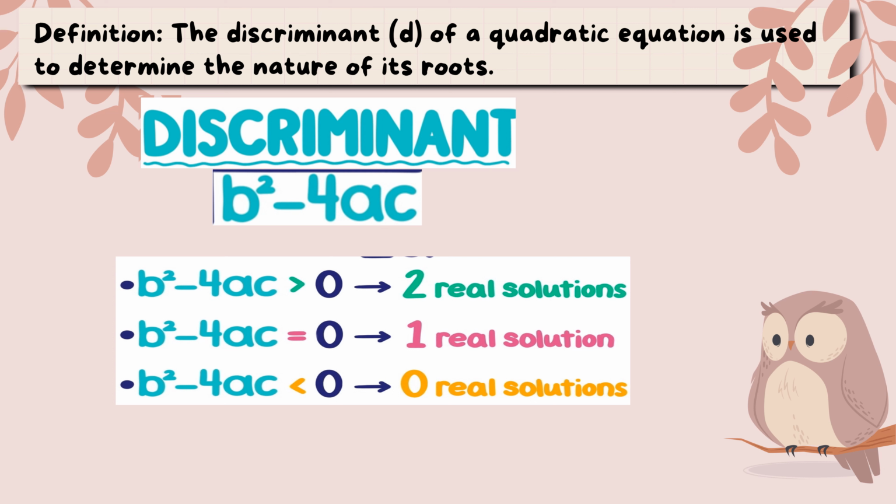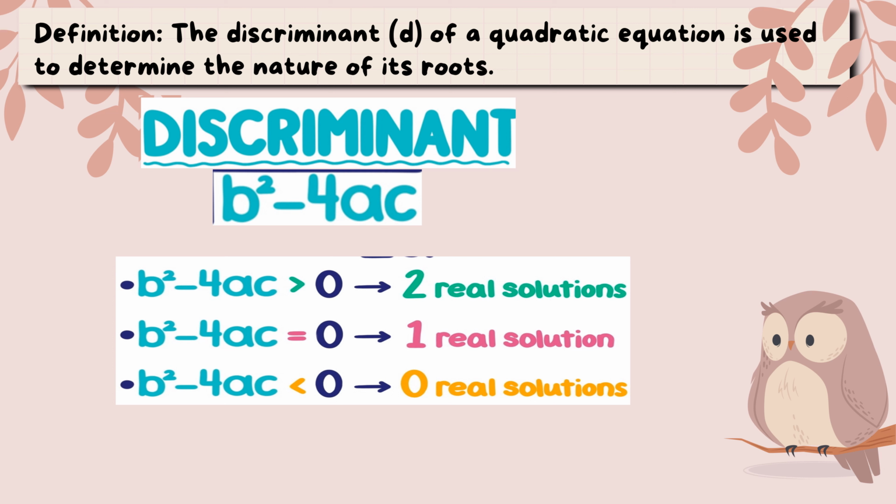nature of its roots. Before, we used to factor out a quadratic equation and we could not describe the roots, whether they are real, they are imaginary, or there is only one real root, not unless we used all the methods in finding the roots. The different methods in finding the roots are extracting the square root, factoring, completing the square, and the quadratic formula. But this time, it's no longer needed to find the roots before describing them. We can now describe them directly